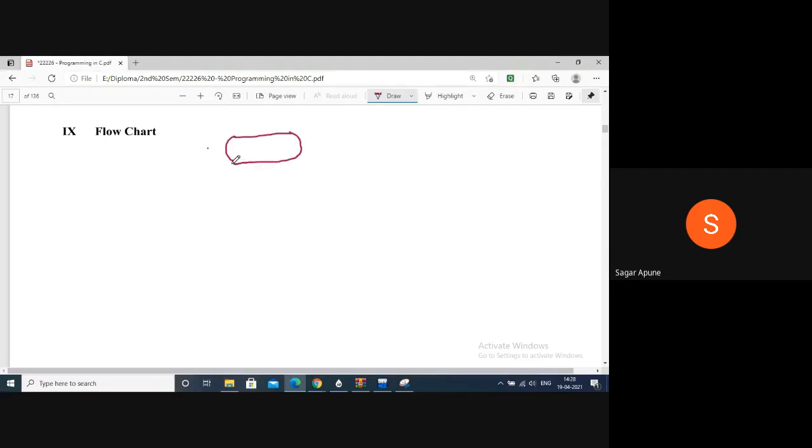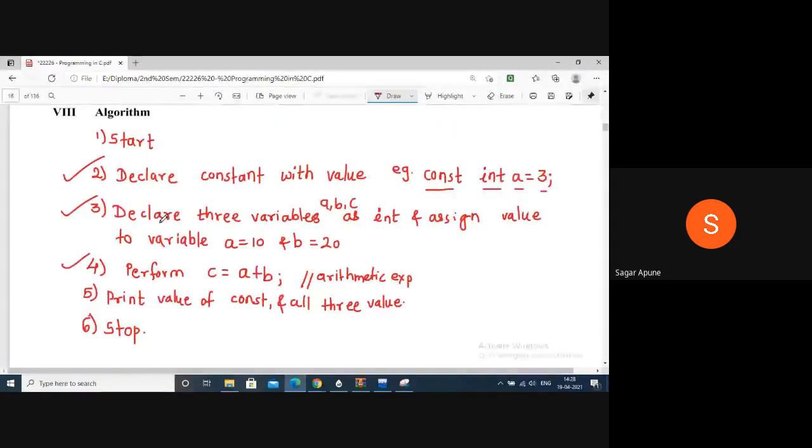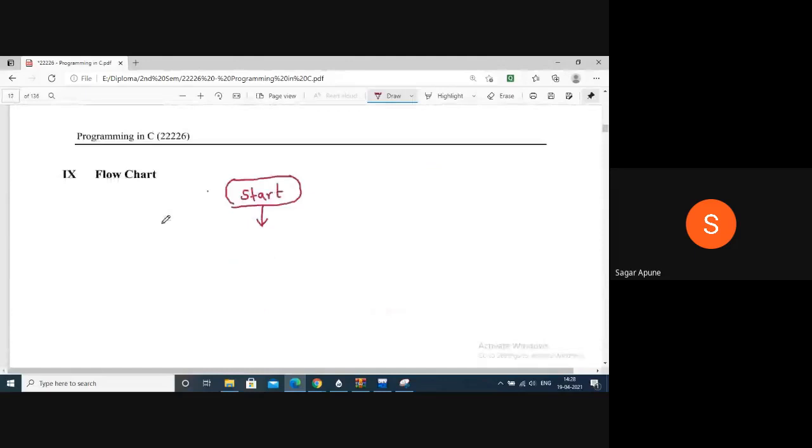So here first step is start, right? Then by using an arrow we can connect the next step. Second step in the algorithm is declare constants with value, const int a is equal to 3. So this is a process. So you can represent your process by using a rectangle. Okay, rectangle. So here declare const int a is equal to 3.